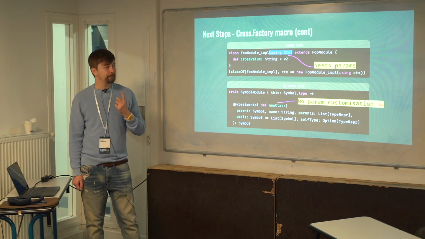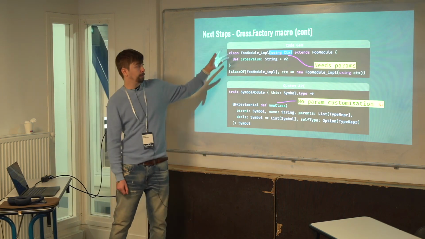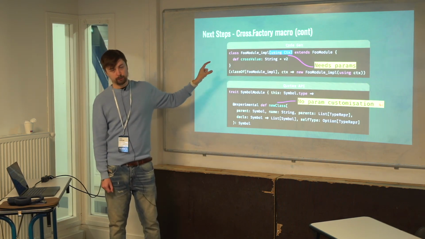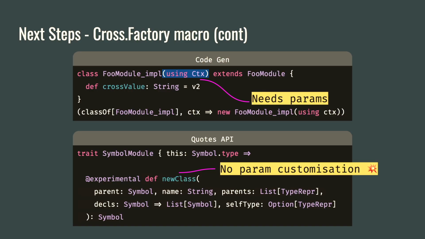But yeah, we did have a bug in Scala 3, or a problem at least, because here's a little piece of that generated code. We need to create a class that extends the foo module. The problem is that this module thing extends that base class earlier, which requires a context. And we have to pass that context in a lambda. And because this foo module is like a dynamically passed thing to the macro, we don't know what it is